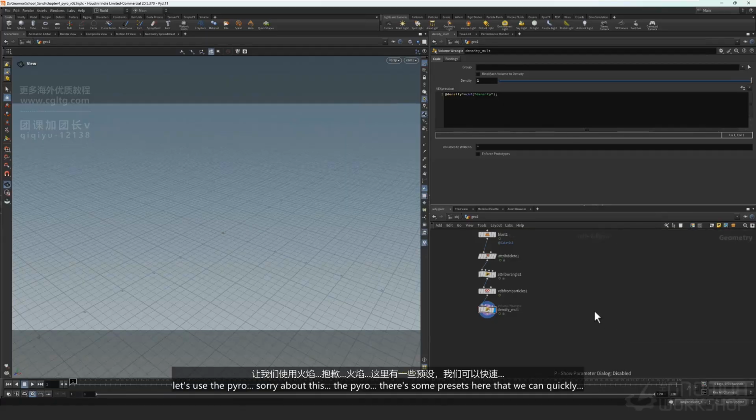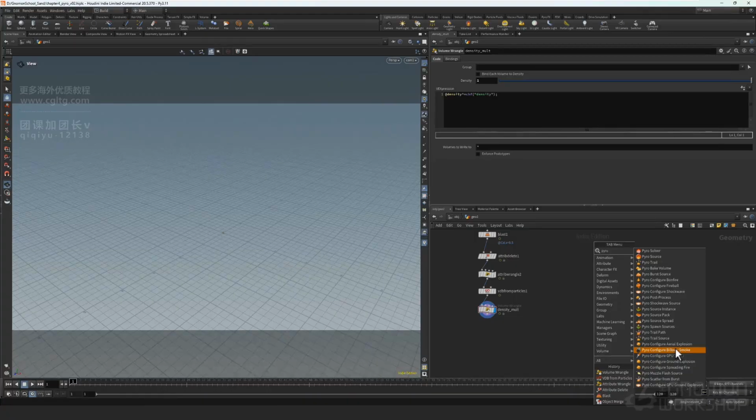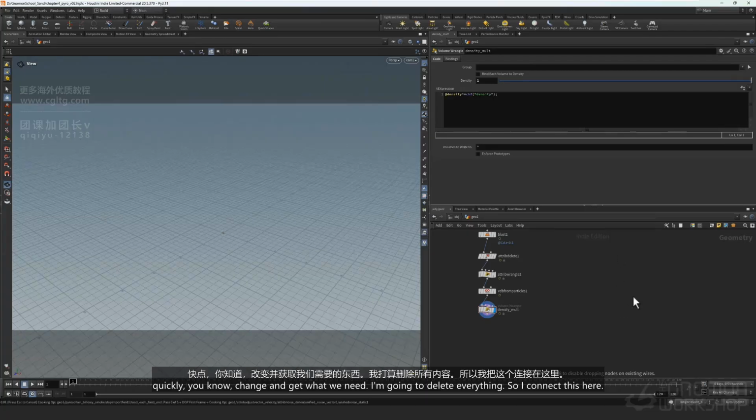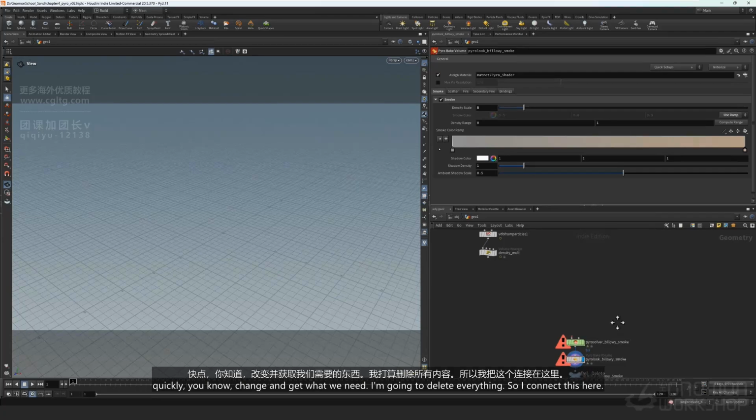Sorry about this. The Pyro. There's some presets here that we can quickly use. It's better to use it, kind of giving us some kind of template that we can quickly change and get what we need. I'm going to delete everything. So as I connect this here,